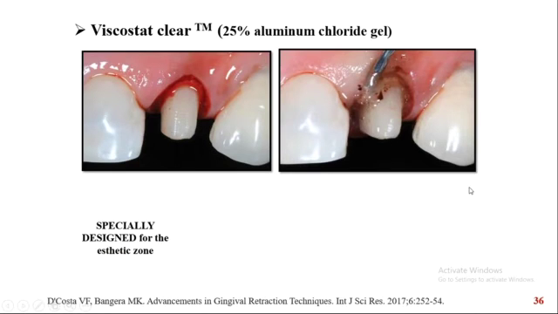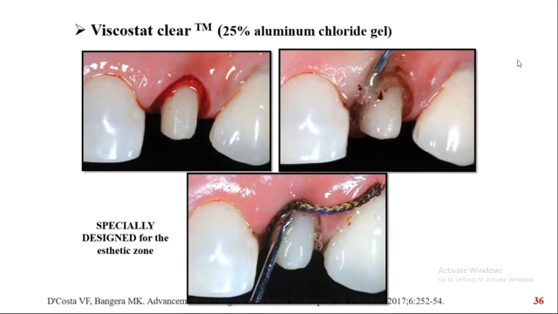Coming to viscostat clear. Viscostat clear uses 25% aluminum chloride gel. Now, aluminum chloride gel is the least hazardous to the gingival tissues as compared to any other chemical agent used for impregnating the gingival retraction cord. So, it is particularly designed for the anterior aesthetic regions. The aluminum chloride gel is put into the gingival sulcus. After the hemostasis is achieved, the gingival retraction cord is placed. And after a period of 8 to 10 minutes, the retraction cord is removed and this area is rinsed and